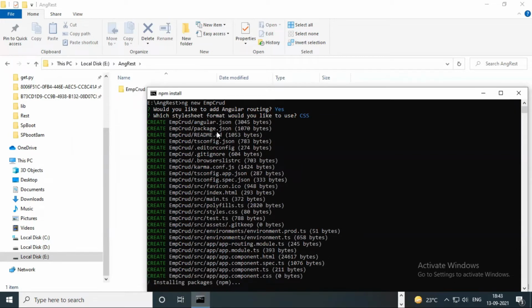After creating the project, you have to go to your particular project location. Is it clear? And then you have to install NPM. NPM is the Node Package Manager. It is the largest library, which provides all the modules required for your Angular application development. Angular is a framework. In order to develop any application with this framework, you have to take the support of a lot of predefined code.